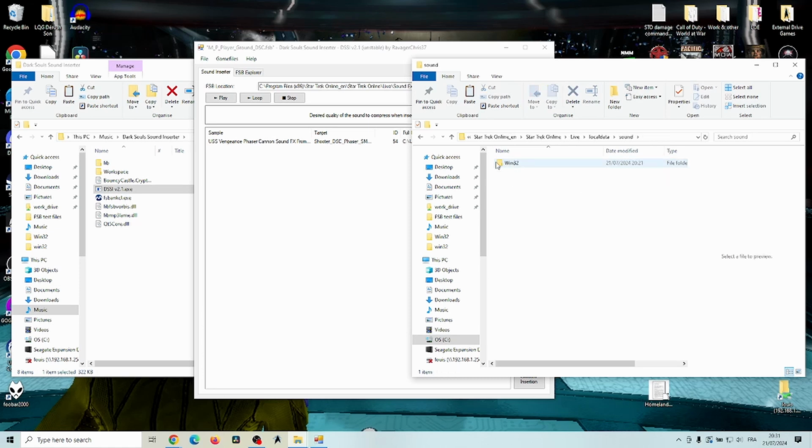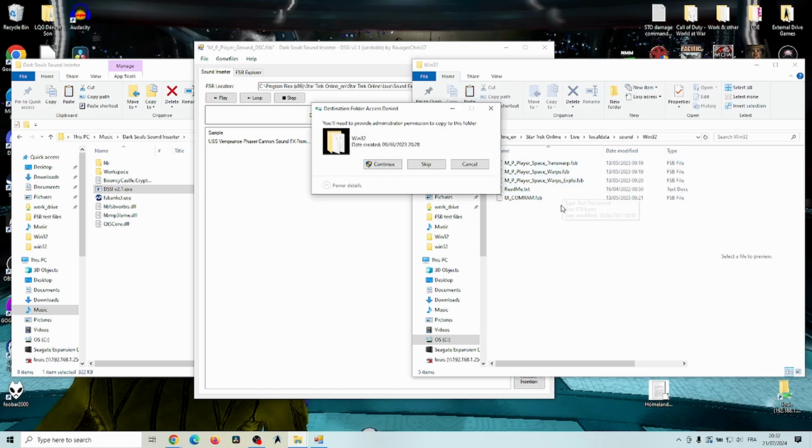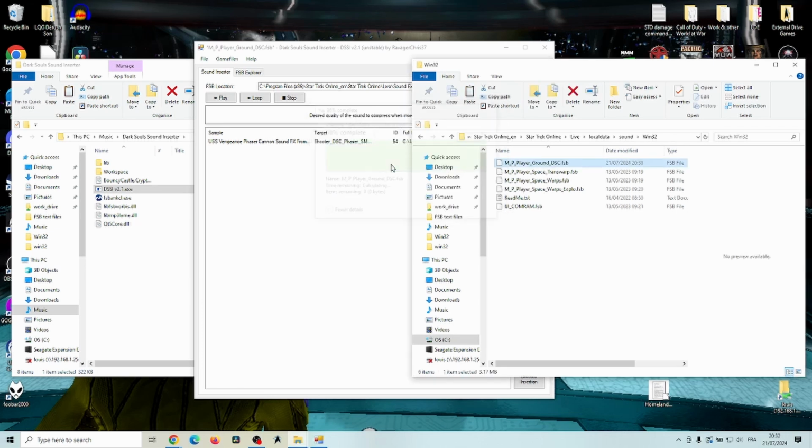You go into this, Windows 32, and in here there's already a sound mod which I've already installed for the Kelvin Timeline warp sound effects by Dilizerk. I'm going to paste that FSB file in here. And it says you need permission, and I say yes. And there we go. And so normally now, if I launch my game,